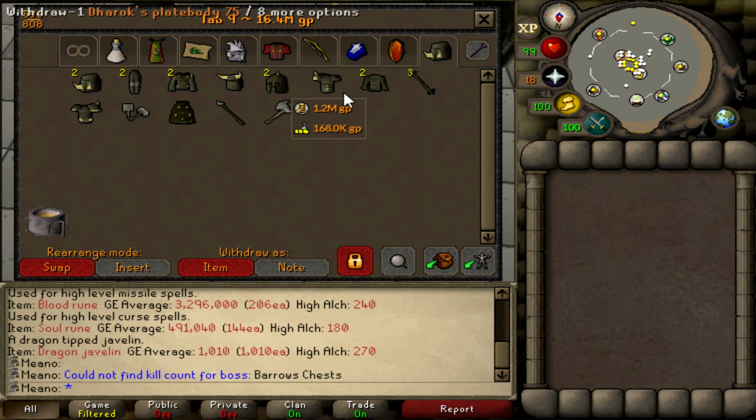And if I get that last one, I don't even know if I will go back to Barrows. The thing is, I would like to get Verac's to do my Wilderness PVM, do some Callisto and, well, not even Callisto, I think I'm only going to do Venenatis, which Verac's would be relatively helpful for. But if I get my Dharok's Platelegs, I'm not sure whether I want to go for the other 3 Verac's items that I'm still missing. That might take me 1,000 chests to get, so I'm honestly most likely going to just quit Barrows after I get my Dharok's